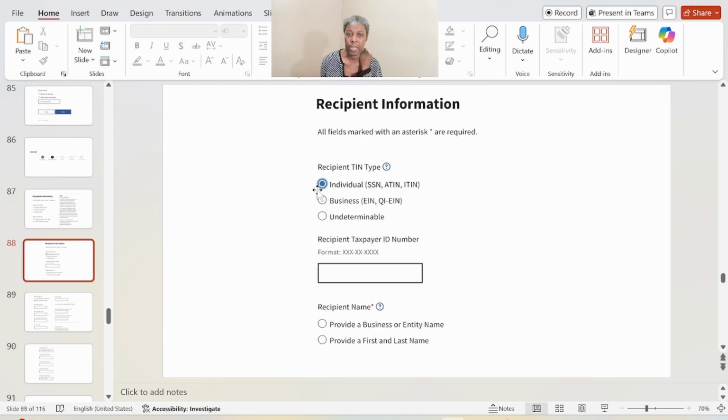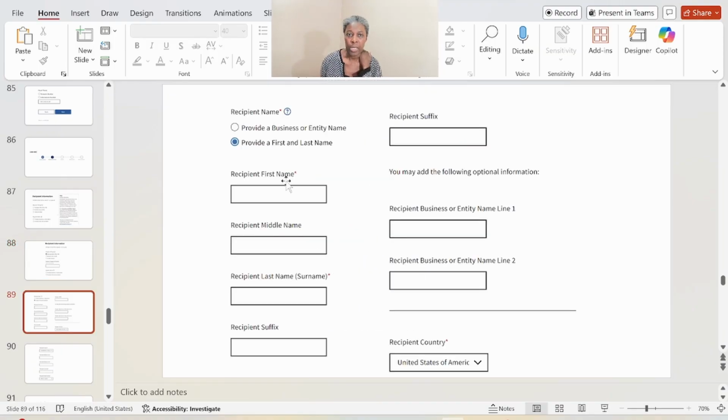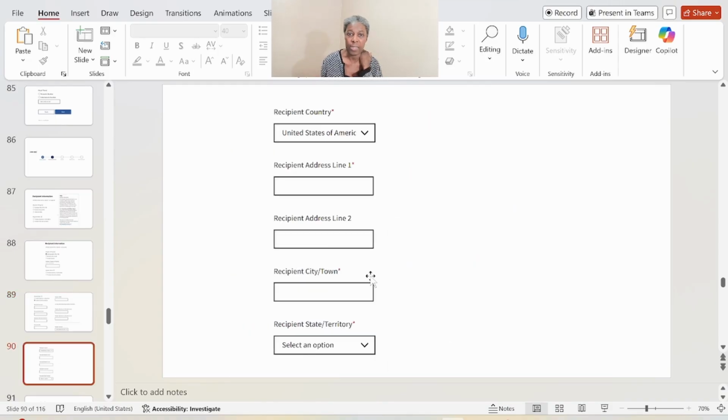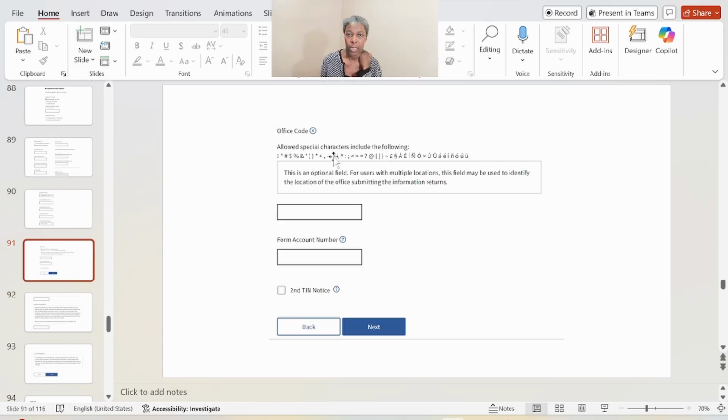So in this instance, I check the social security. You can see it gave me a box for it, and I check first name and last name, and it gave me a box for it. And at the same time, it's going to ask me optionally, I can enter the business name as well. So I enter the address of the person, and you can see if I just left those sections blank,